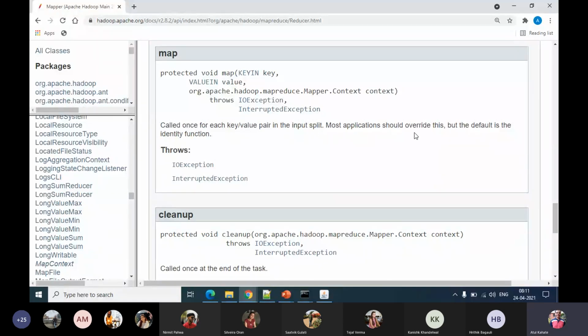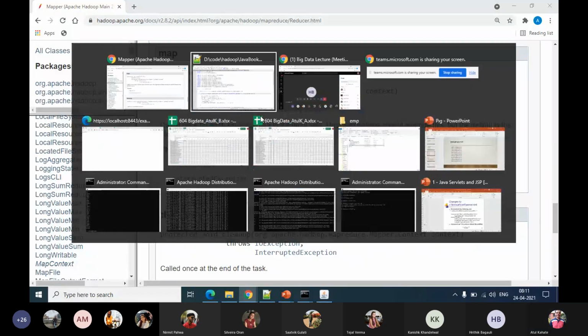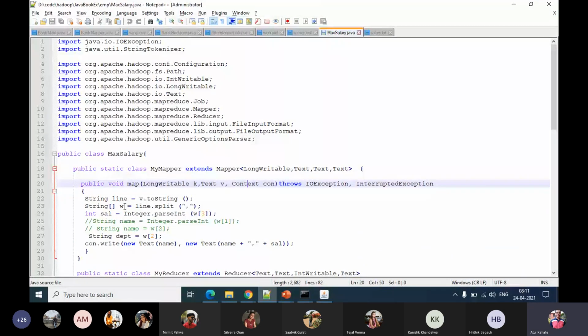Most applications should override this, but the default is the identity function. In other words, it provides a standard definition, but in our code, obviously, we will have to write our own code by overriding this function. So we also do that here. So we write our own code.